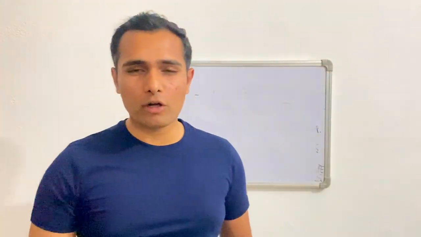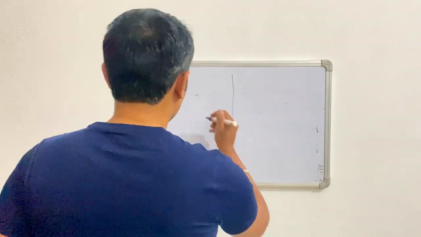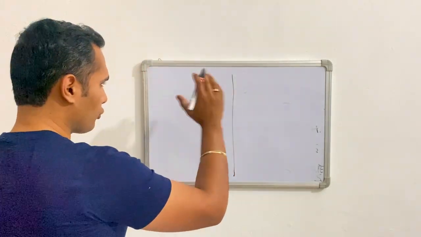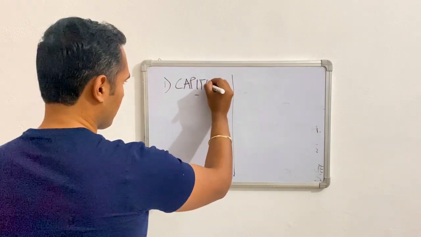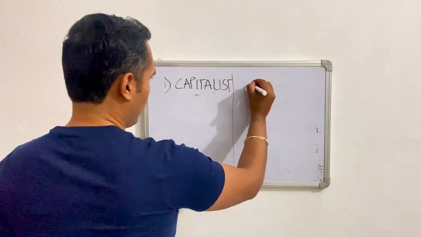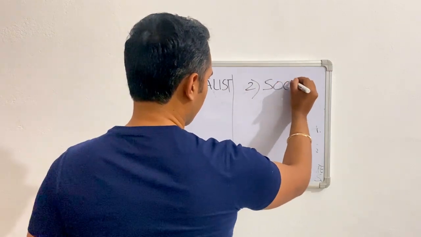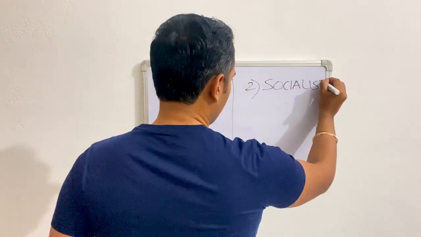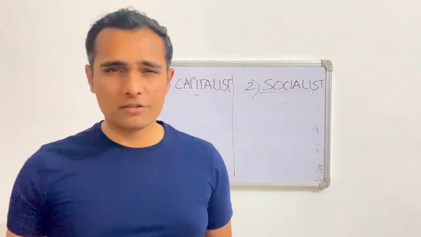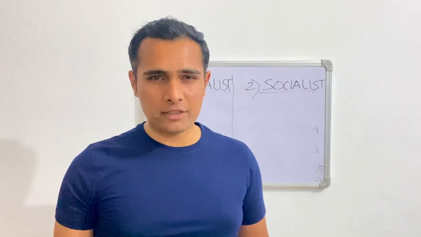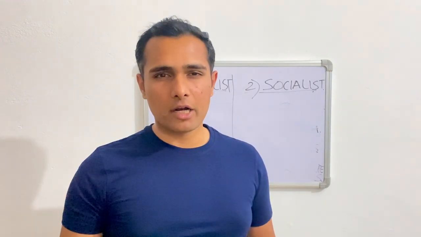Now before we move on to India, we must have a clear idea of what are the types of economies which are into play. So it is basically divided into two types. First is your capitalist economy, and second is your socialist economy. Now, if you are from economics background, you must be having some idea about this. But if you are from science background like me, then let me give you a clear idea of what this is all about in simple terms.